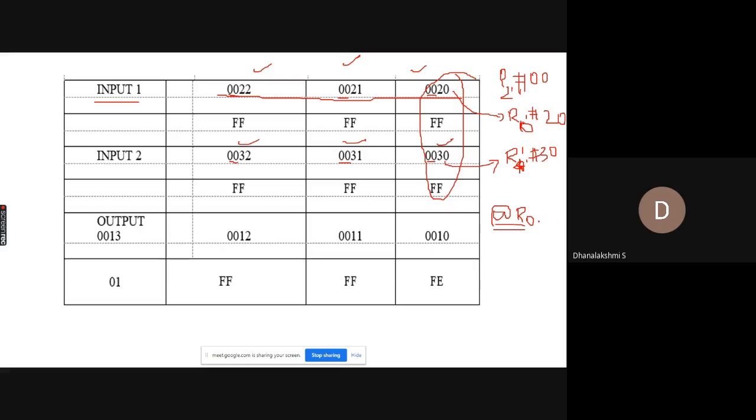Similarly, after fetching your first data, after your first iteration, you can simply increment your R0 so that R0 becomes 21. So 20 becomes 21. If you use @R0 now, this 21 gets paired with P2.